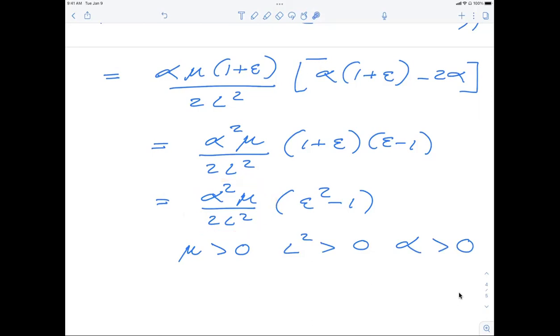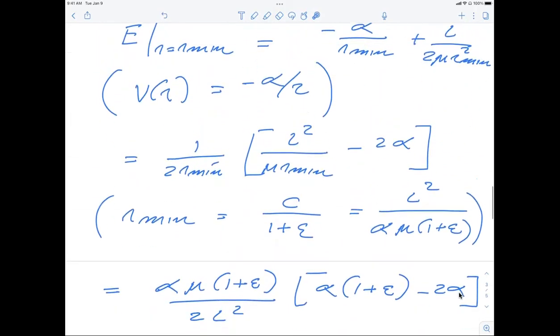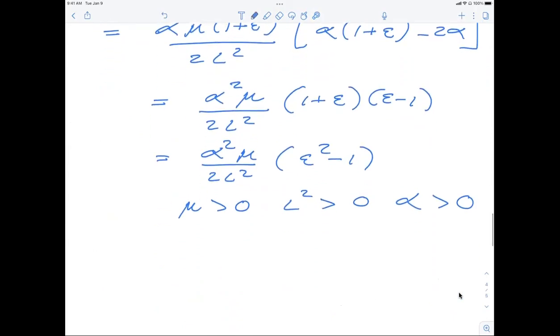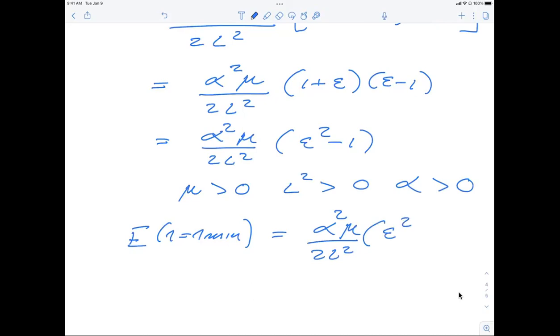So what I plugged in now is the value of the energy. The quantity which you have is actually the energy at this R min. So what we have then is E at R equal to R min,